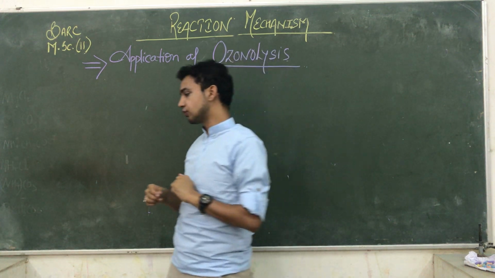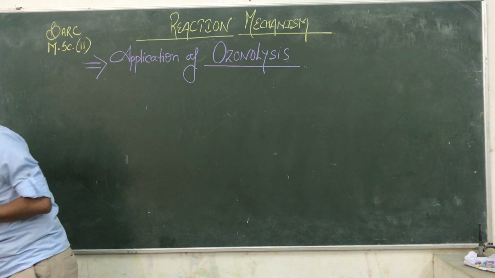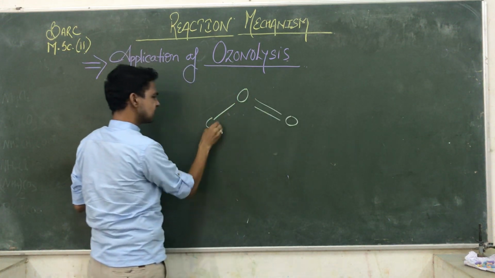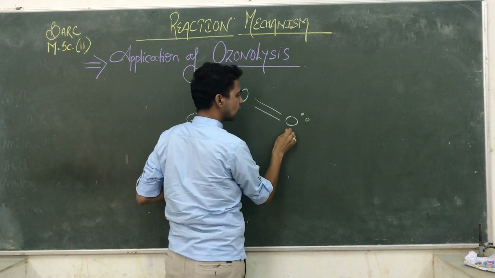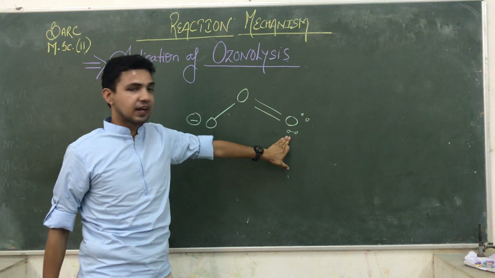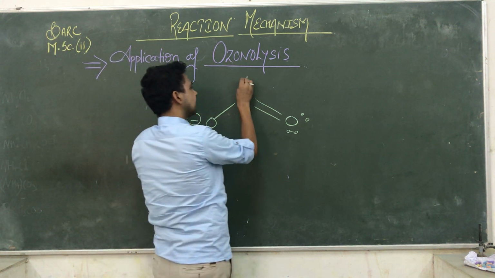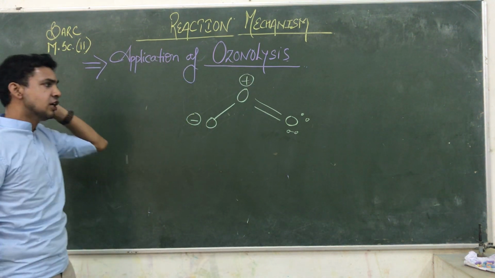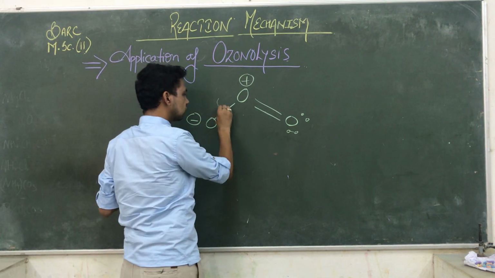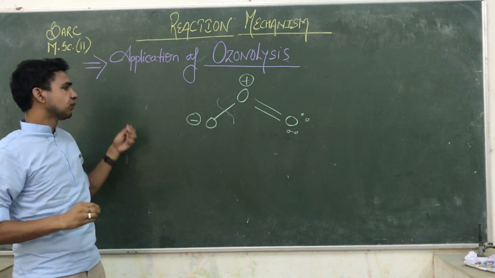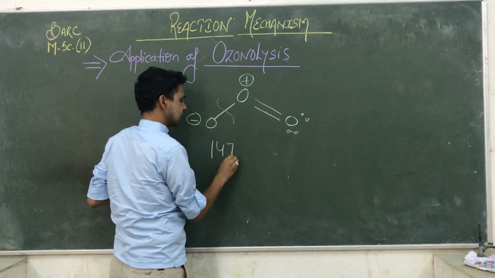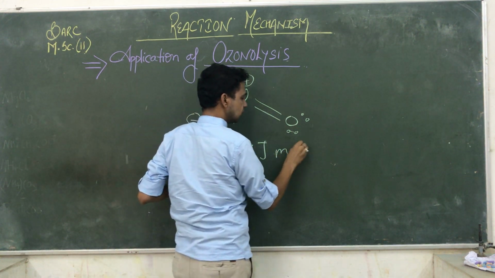First of all, I'm giving you some introduction related to ozone. So guys, what happens in the case of ozone? You know its structure. That one is the structure of ozone. Both terminal oxygens of ozone have a negative charge due to the availability of lone pairs of electrons, and the central oxygen is carrying a positive charge. So that ozone structure is unstable in nature. Here, the oxygen bond length is similar due to resonance, and the bond energy is 147 kilojoules per mole.